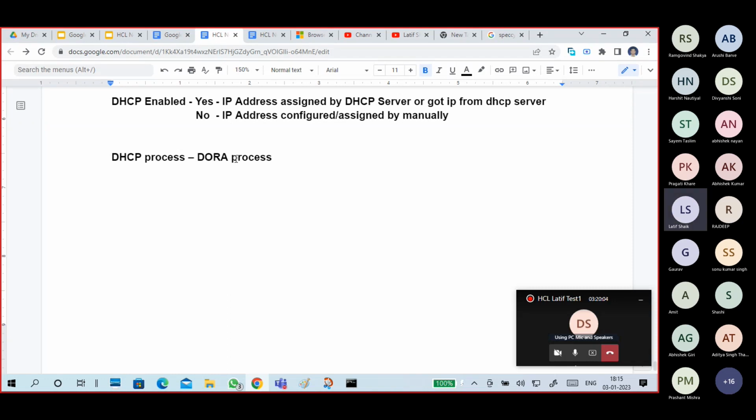DHCP uses a process called the DORA process: discover, offer, request, acknowledgement. Automatically, your system, your mobile, is a DHCP client by default. Okay, so you do the DORA process